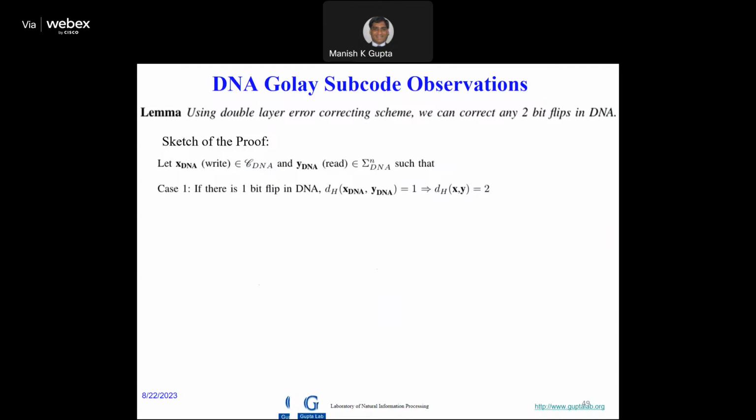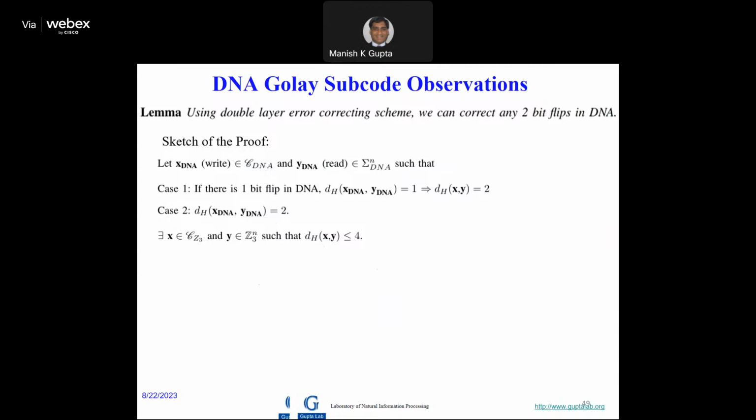So case 1 is very simple. Using the standard fact of classical coding theory over ternary codes, right, we will be able to correct a 1-bit flip in DNA. So a 1-bit flip in DNA corresponds to a 2-bit flip in the ternary, right? And the ternary Golay code system, that subcode which has distance 5, will be able to correct that, right? That is okay. Now the other side, if the distance between X DNA and Y DNA is 2, now what I am